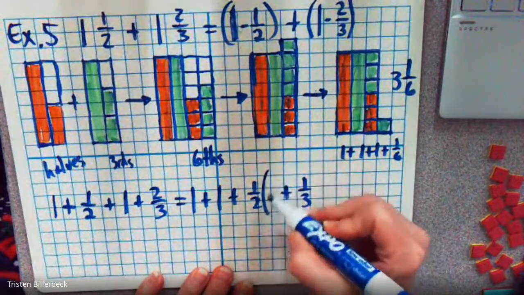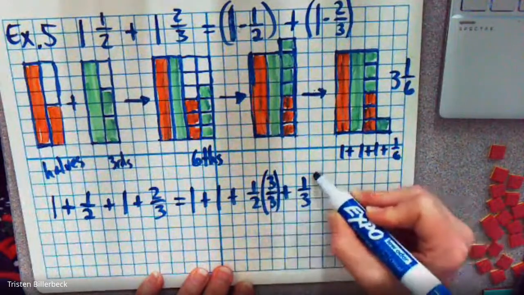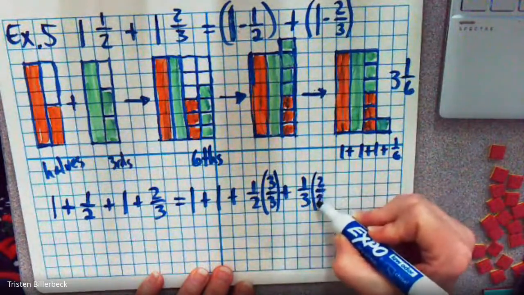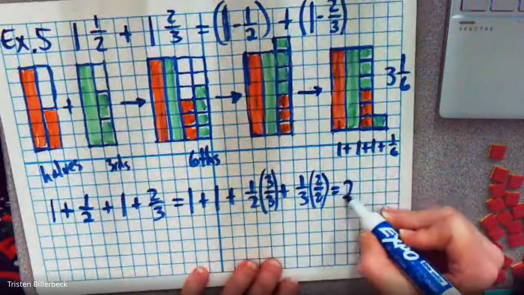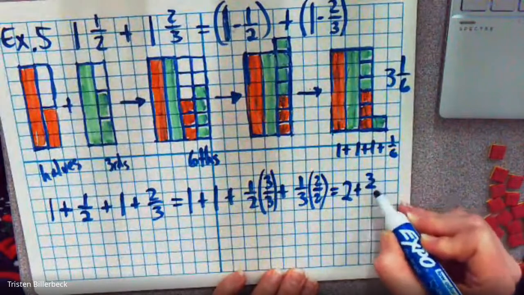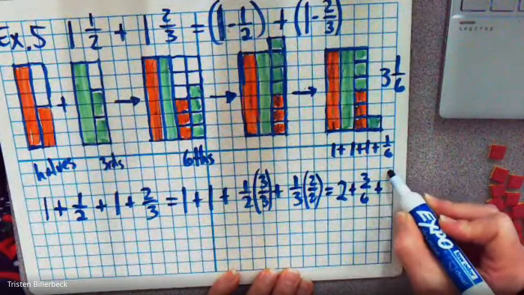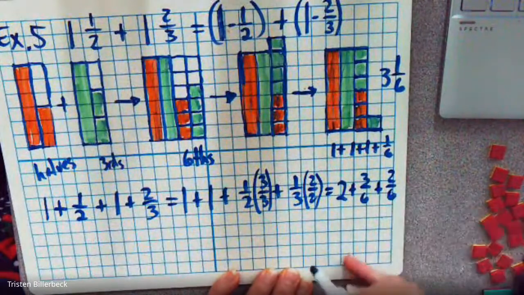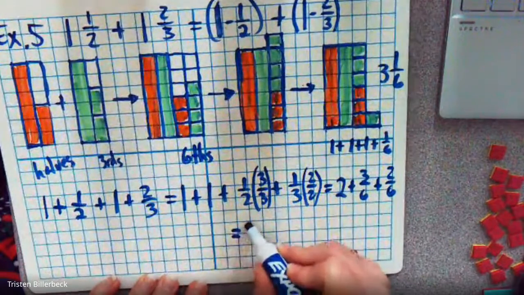So let's do our little trick here, 3/3 and 2/2. So 1 plus 1 is 2, and then I have plus 3/6 plus 4/6, and that gives me